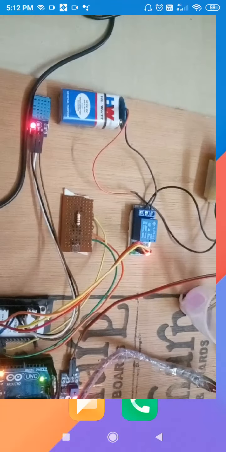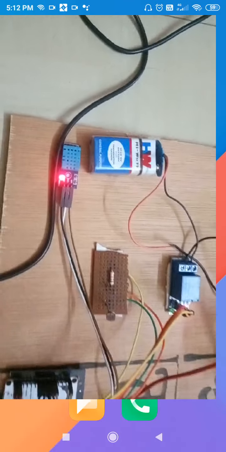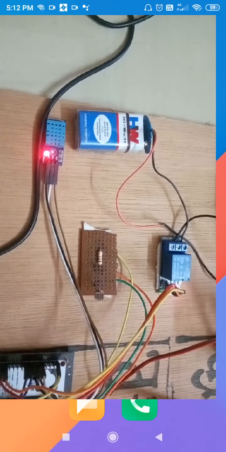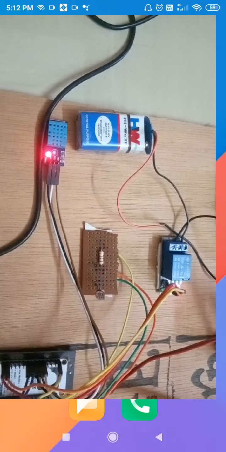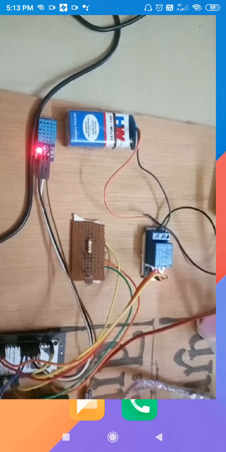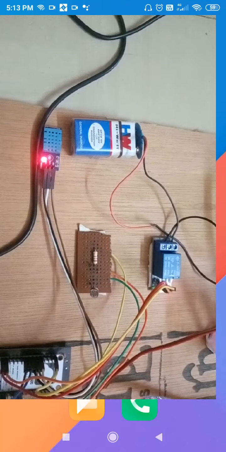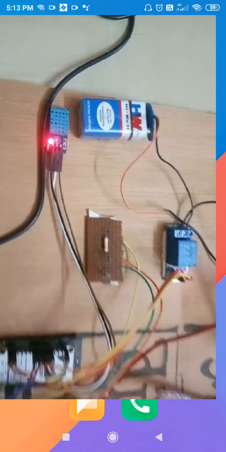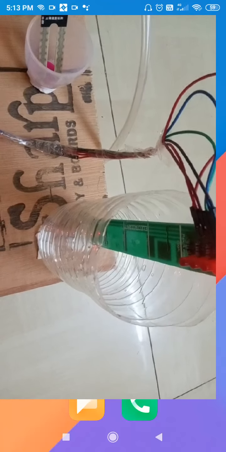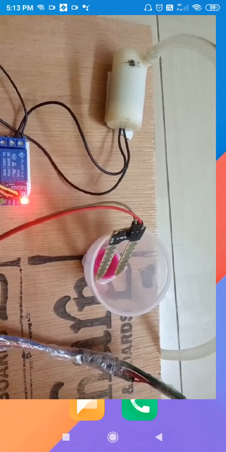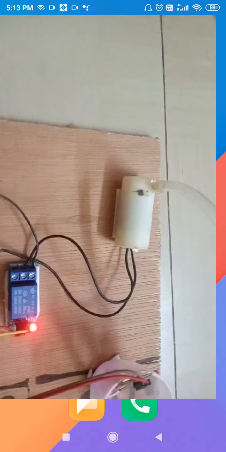Why are we measuring all these parameters? With the help of the temperature, humidity and light intensity, we can predict the chance of rain. If there is a chance of rain, there is no need of water in the field because there is rain. That means there is no need to switch on the water motor. If there is no chance of rain, depending upon the water level in the lake and the soil moisture level in the field, we will decide to switch on the motor or switch off the motor.